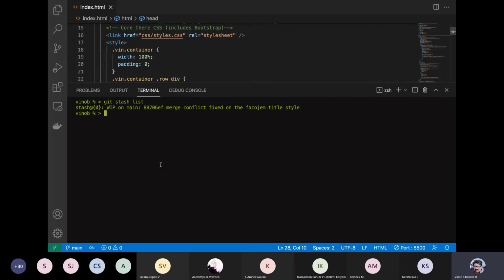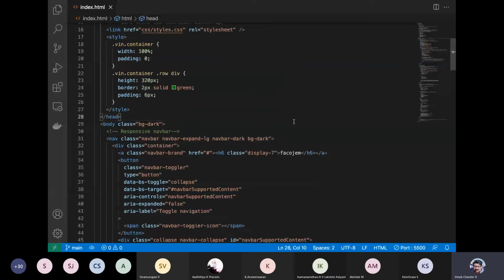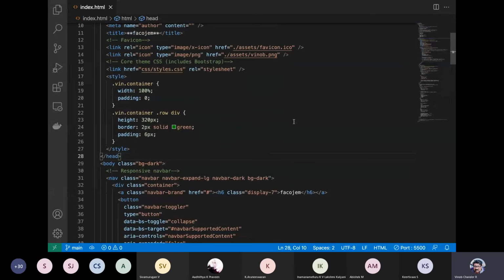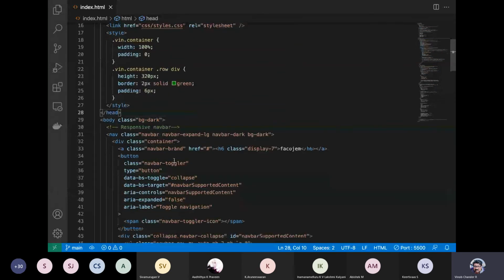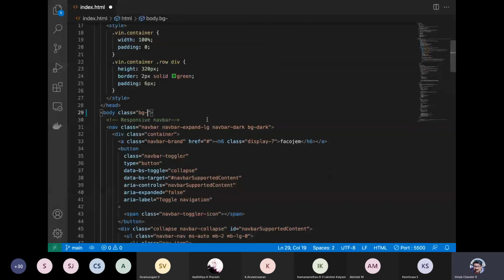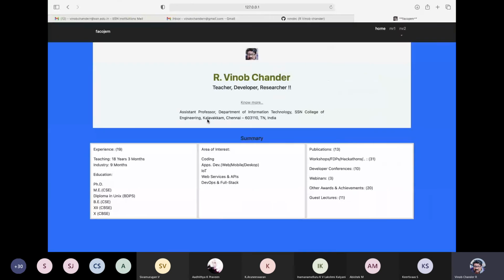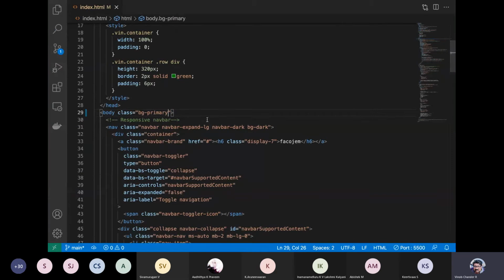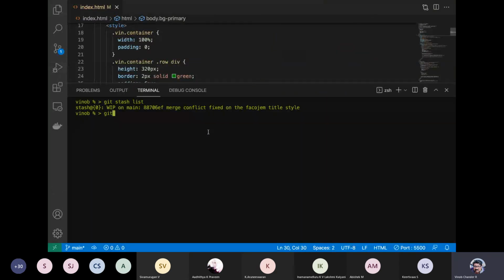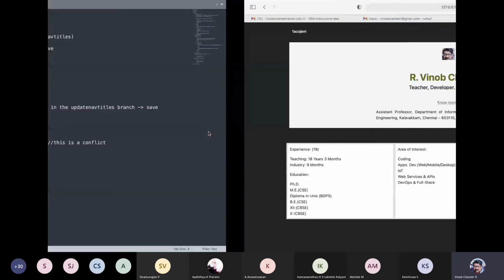Now say for example, let me come over here and change this particular color to primary. Okay, and it looks like this. So if I change it to primary and then again come over here and do a git stash, it gets reverted back.